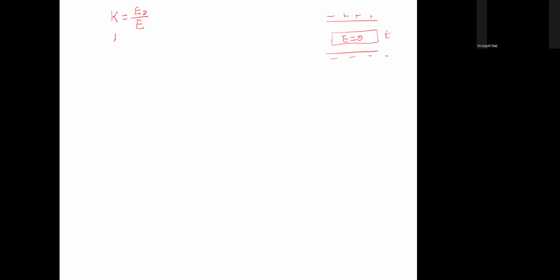So K becomes infinity, and the capacitance when a conducting slab is introduced between the plates is given as A epsilon naught by